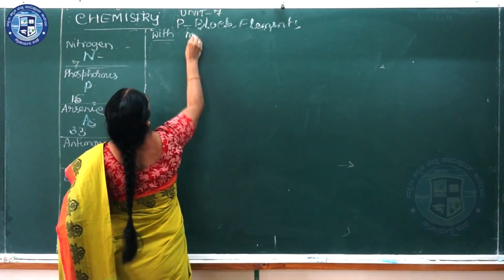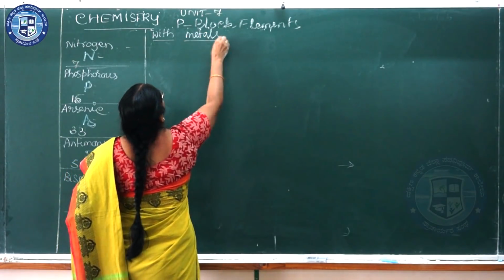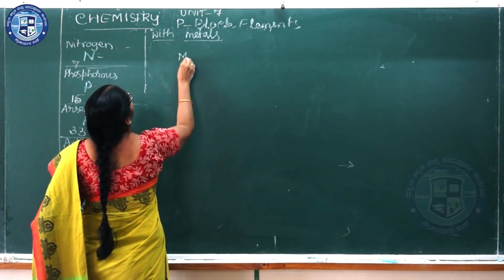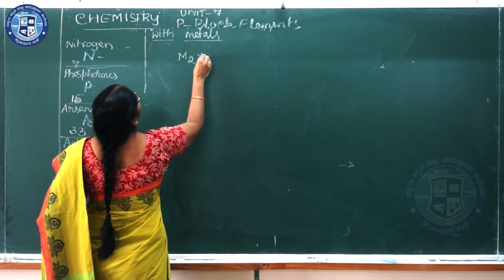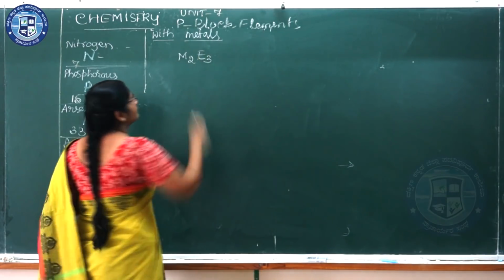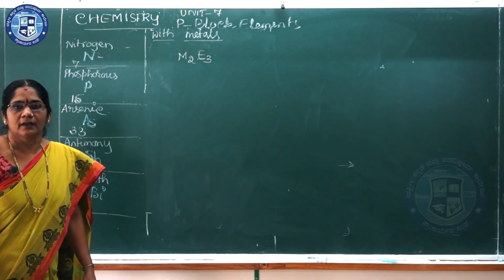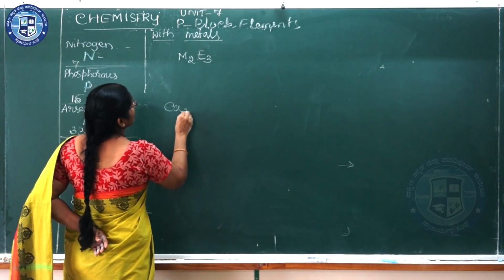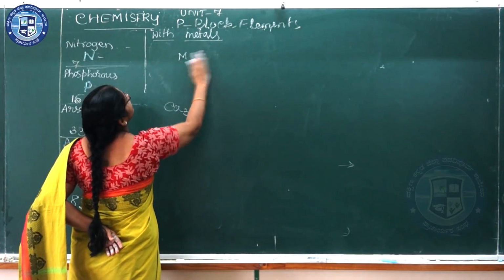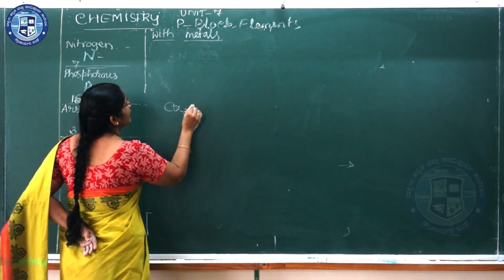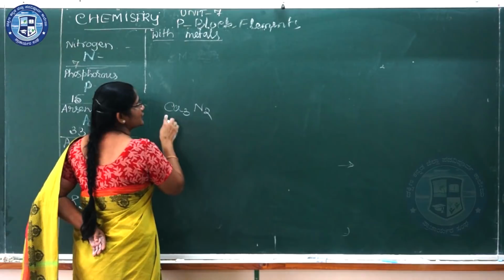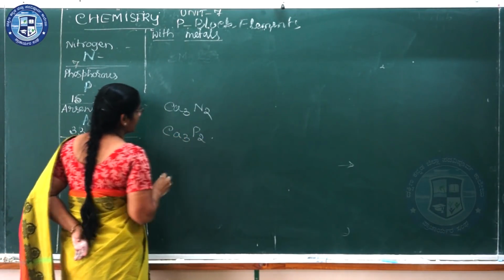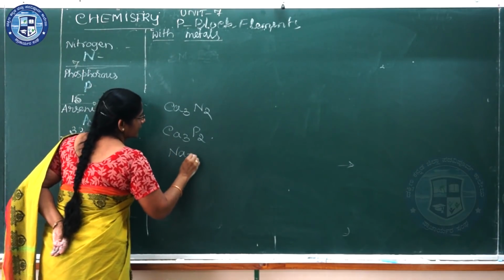Next, with the metals. With the metals, all these form compounds of this formula. Example, with calcium, you can have, this is the reverse, Ca3N2 calcium nitride, calcium phosphide, or sodium